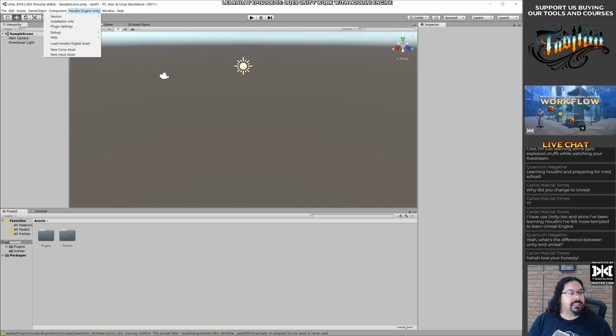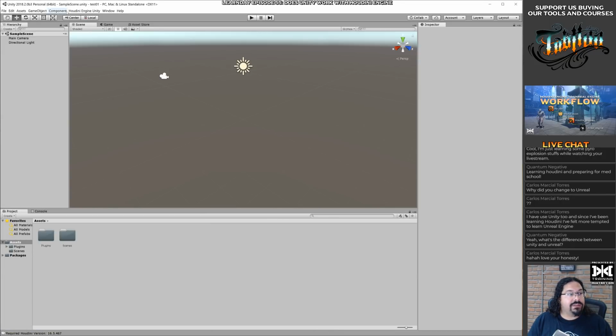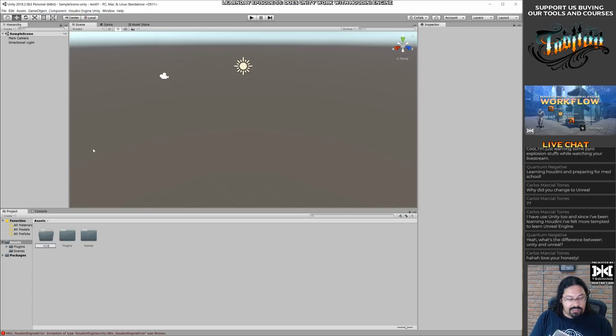Houdini Engine is here. Seems like it's there. I don't even know if it's working, but if it doesn't work, I'm going to have to install the other version of this. But let's try to load a Houdini digital asset. Let's just create a folder here. Let's call it HDA.